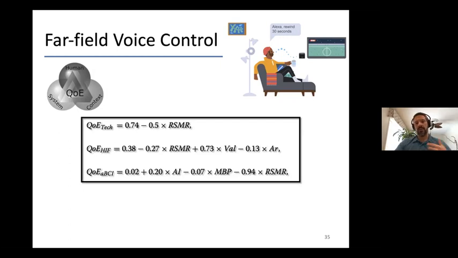So the first step was to get individuals to do a test and then just take into account, if you recall, quality of experience is a triad. So if we only took into account system information and we looked at how that was good at predicting, context here was the same. So we didn't vary context. We just varied systems and we varied the human influential factors. So by taking only system information into account, we were able to predict quality of experience with an R2 of about 0.73 and a root mean squared error of 0.135. This is in a range of 1 to 5, for example. So this is about 0.1 in a 5-point scale, let's say.